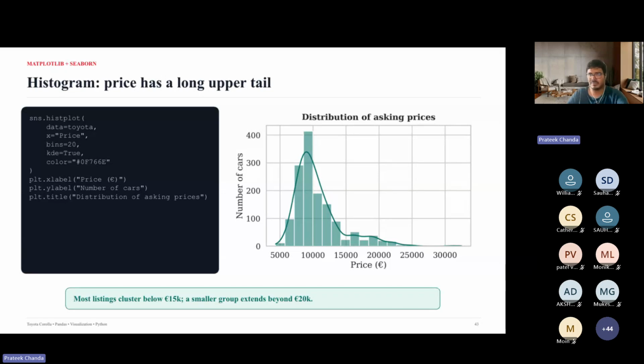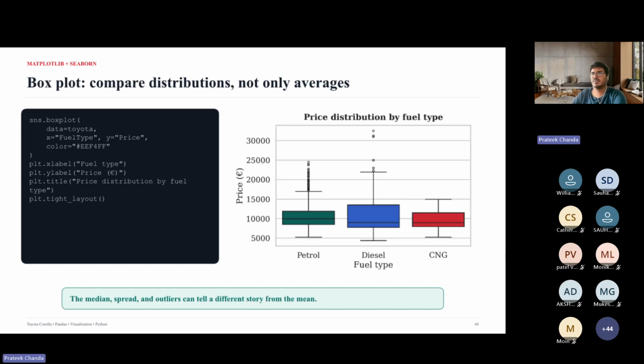There's this flag called kde equal to True, like kernel density estimation, which we won't look into in much detail here, but you can read about these patterns in the documentation also. So this is another thing called box plots, which gives you the variation of the distribution for each fuel type here.